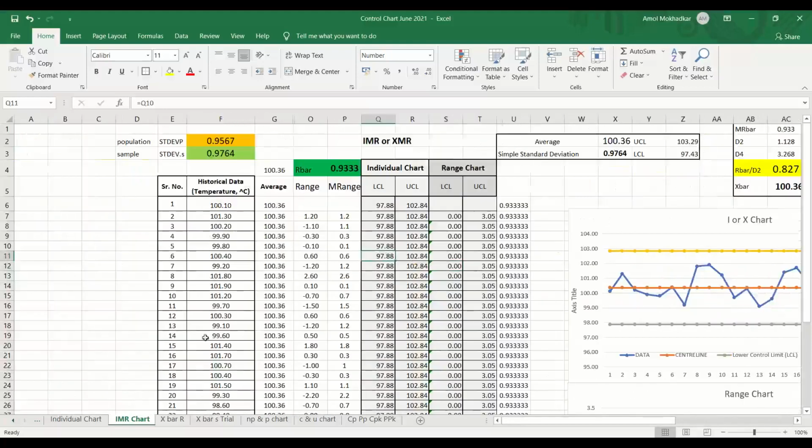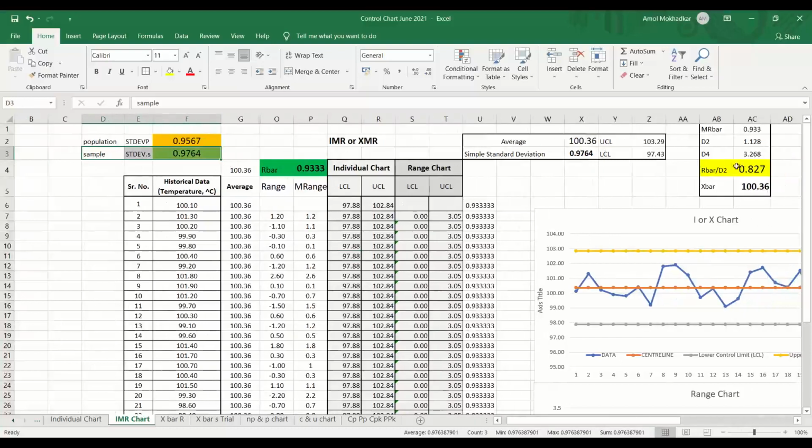So now we will take the example of an IMR chart to start with. You have the STDVS, that is the estimated standard deviation, which is used for the calculation of PP. And you have R bar by D2 value for the calculation of CP.